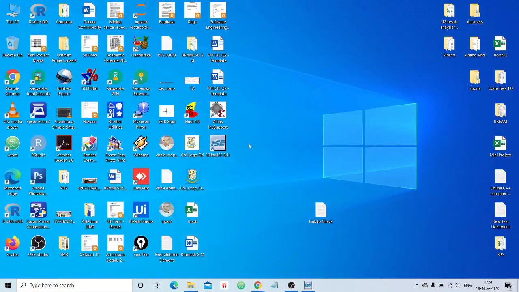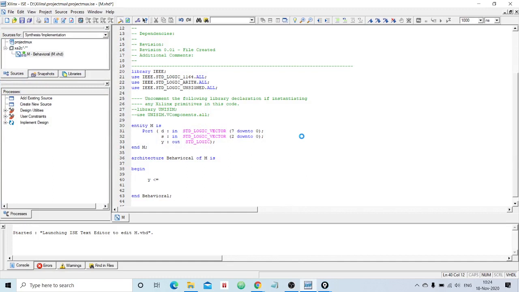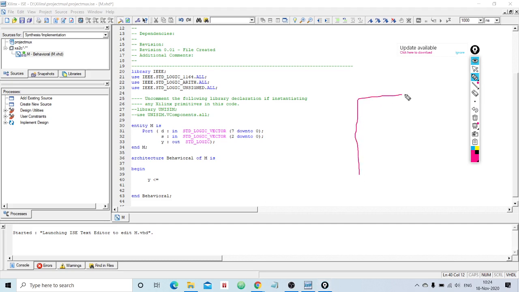Once again, if you have forgotten, let me explain how it works. Here we are implementing an 8:1 multiplexer, right? So how will an 8:1 multiplexer look? If you treat this as an 8:1 multiplexer, it will have a total of 8 input lines, 3 selection lines and 1 output line. So this is the 8:1 multiplexer.